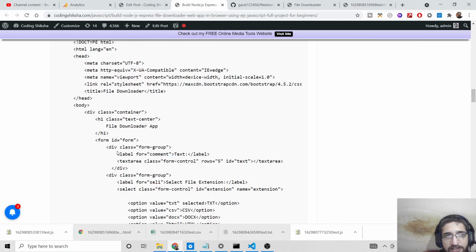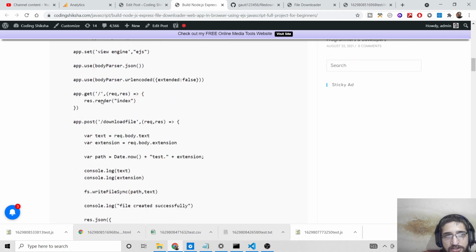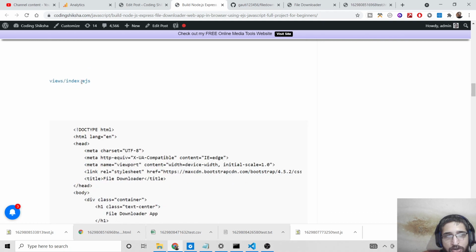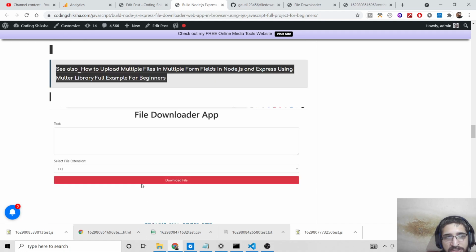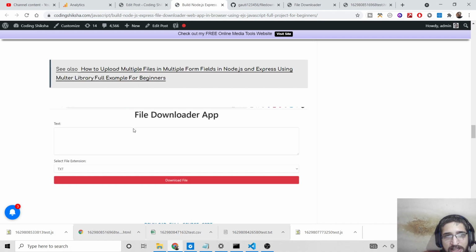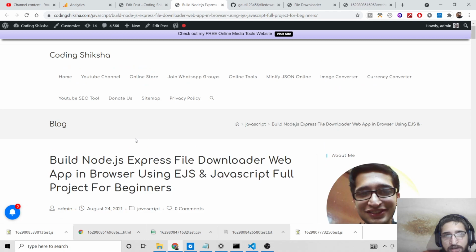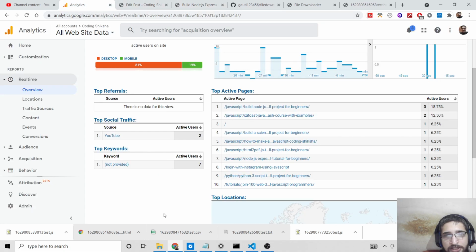So two files are there. First is the index.js file. This will hold the JavaScript code, and then we have the HTML file which is holding EJS code. So we are using the template engine EJS for rendering dynamic HTML as well. So this is required here. Let me just start building this application.